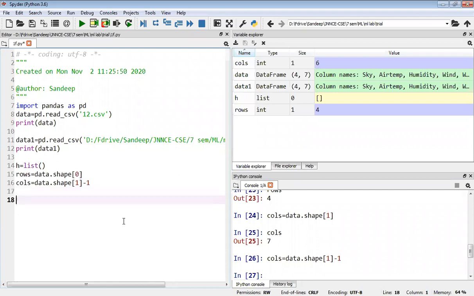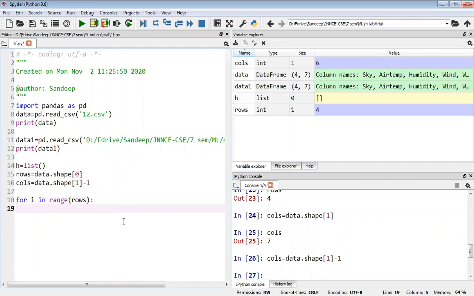Now I should start scanning the examples one by one. There are 4 examples, so our for loop should run 4 times. Each time I will check one example. So how to write the for loop? For i in range of rows. Rows means it will run 4 times.